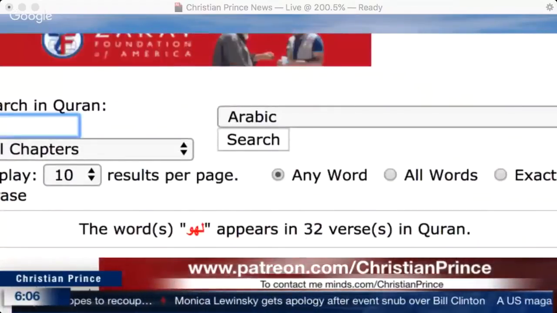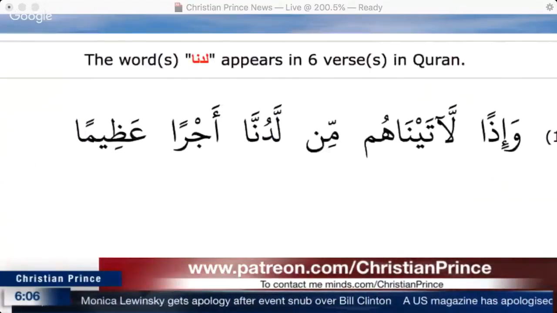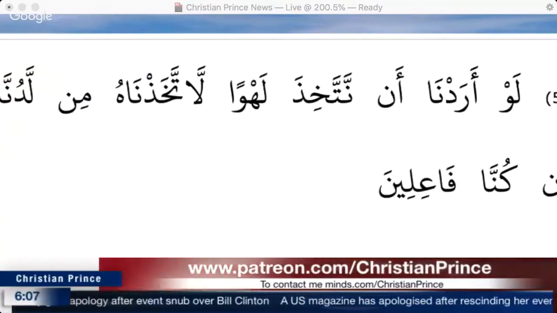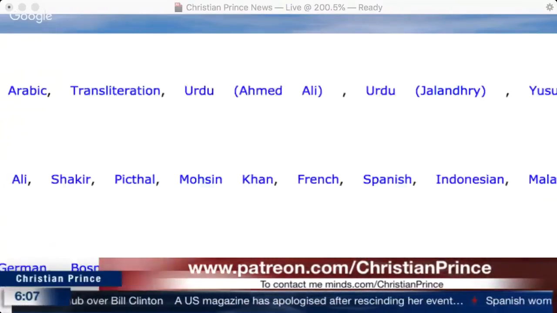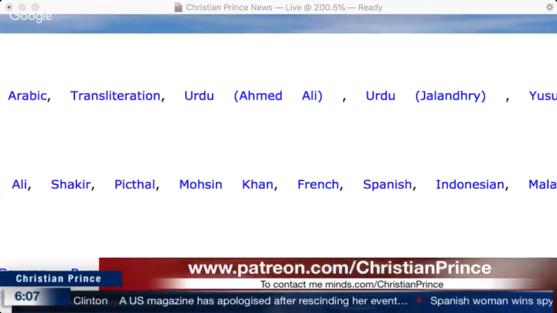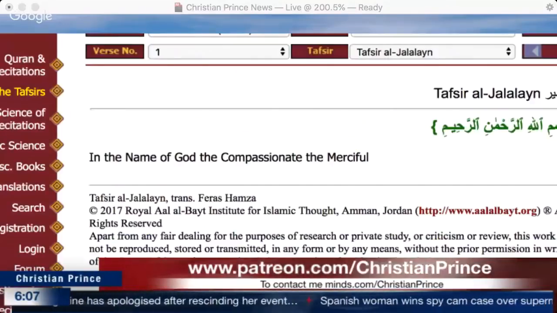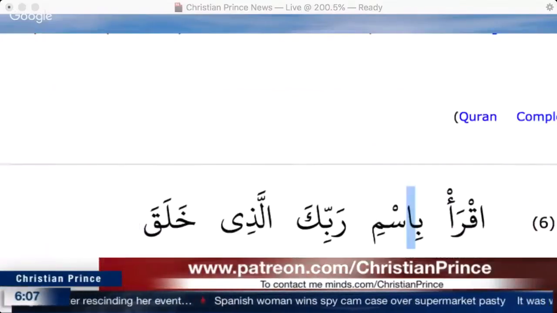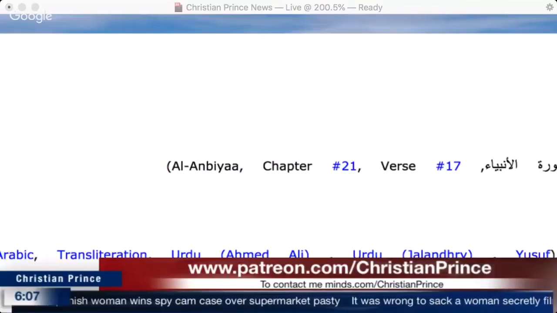If we go in the Quran here: لو أردنا أن نتخذ لهوا اتخذناه من لدنا. If we want to take fun, we will take it from our kind. If we go to the interpretation, we find that Allah is saying that if we want to take women for sex, to have a child from her, then we will take it from the virgins, the black-eyed houri, and the angels, right? Chapter 21, verse number 17.